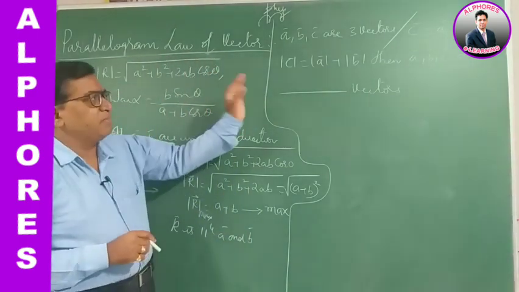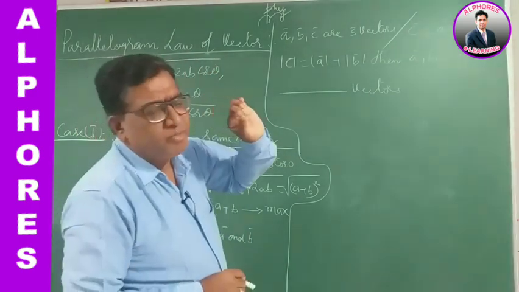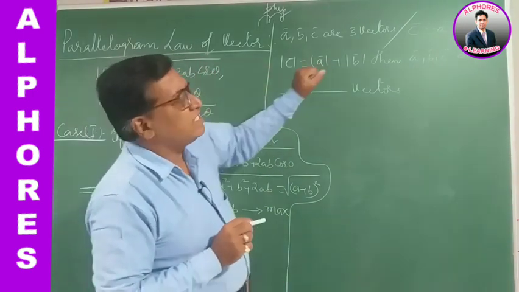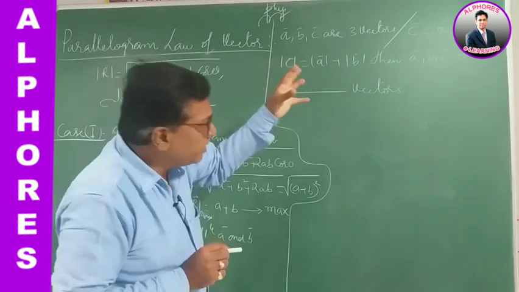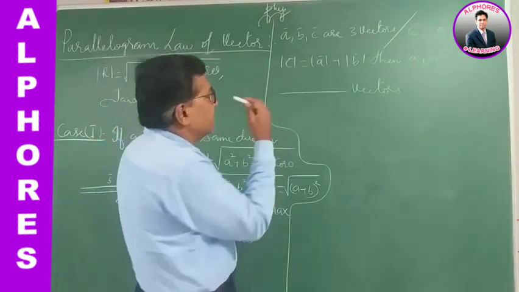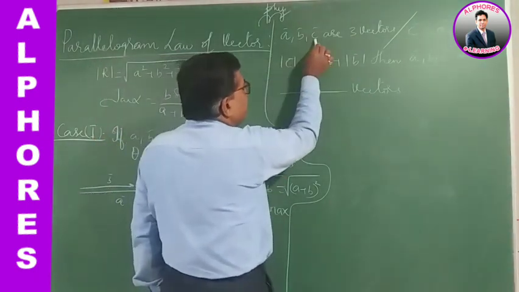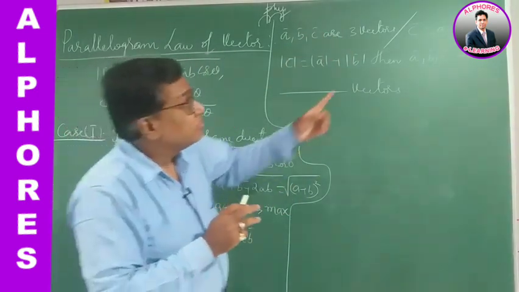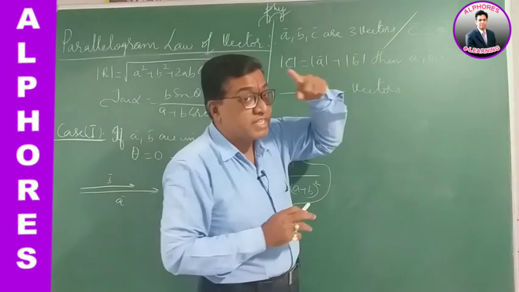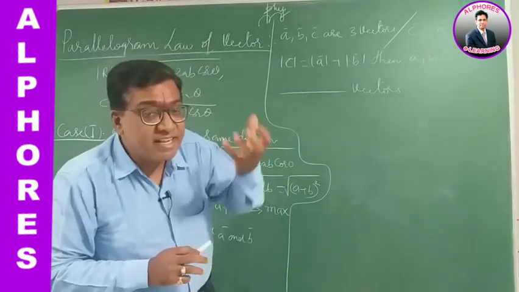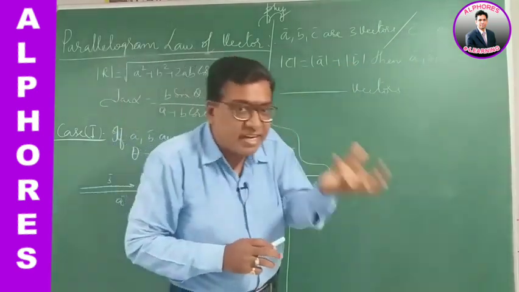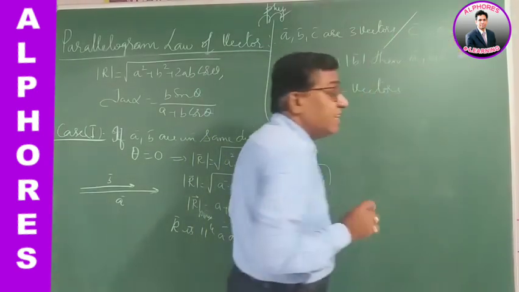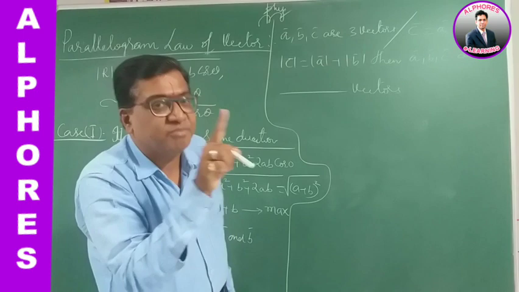The question was simply like this, given in pure vector notation, pure vector form. There are no English terms given there, so you have to make it out from the vector notation. Let's understand. A bar, B bar, C bar are three vectors, represented as A, B, C, such that, this is a symbol for such that, the vectors are so connected that C bar is A bar plus B bar. In the sense, C is the resultant of A and B.